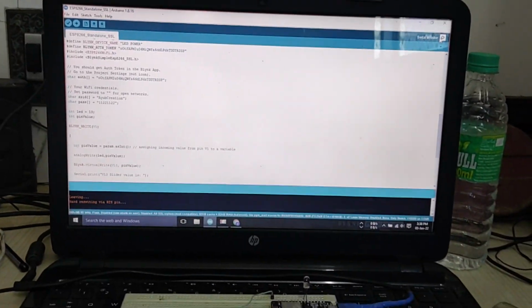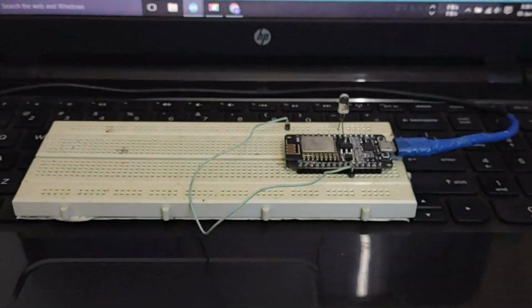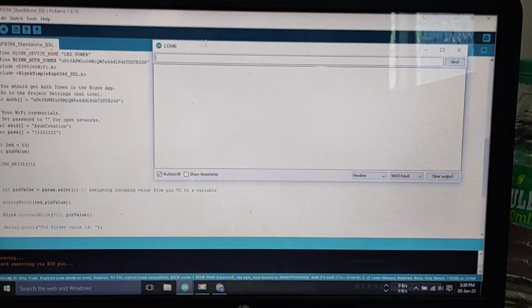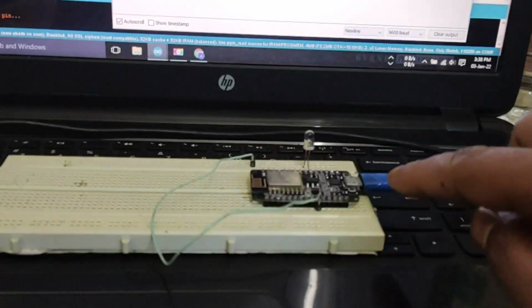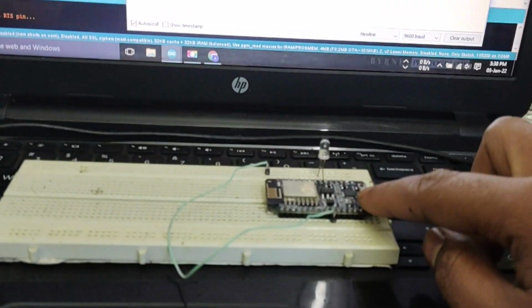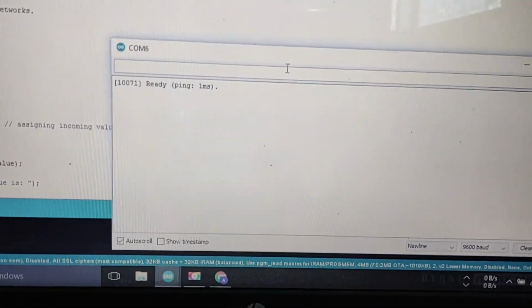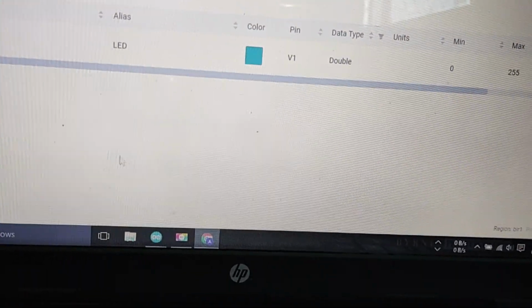We are just going to open the serial monitor on our PC. Okay, and we also connected this to my PC, so it is also powered up from the PC, and it is connected through USB. So we are just showing it in the serial monitor. So I will open this serial monitor. Okay, now I press the reset button one time. Okay, I just click on it. Okay, now you saw this is ready. Okay, ready. So I will open my Blynk app.